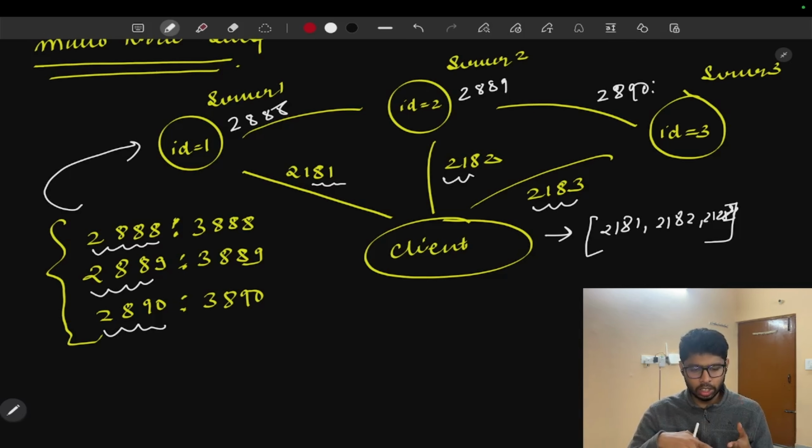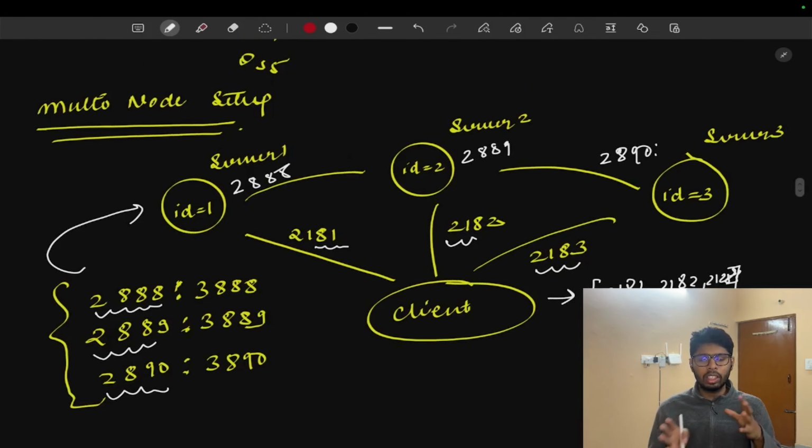For the communication purpose, server 1 has opened one port, 3888, so that port 2889 of server 2 can communicate with this 3888 port of server 1. It is an open port by server 1 so that other servers can communicate with it. Similarly, server 2 has opened port 3889 so that other servers can communicate with it. So they form a TCP connection between them, and this is something we are going to see by the end of this video when we are doing some coding.